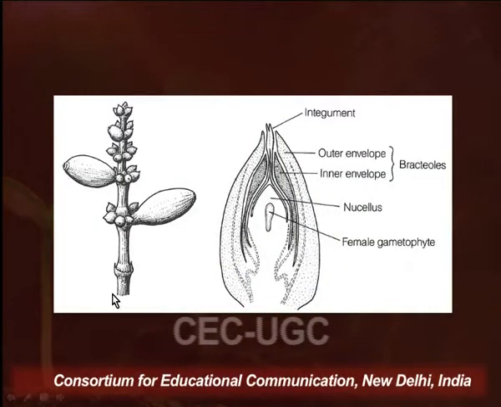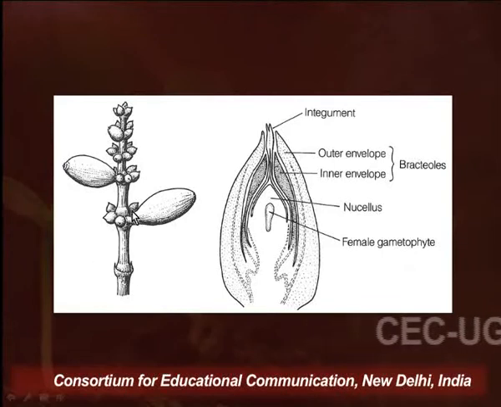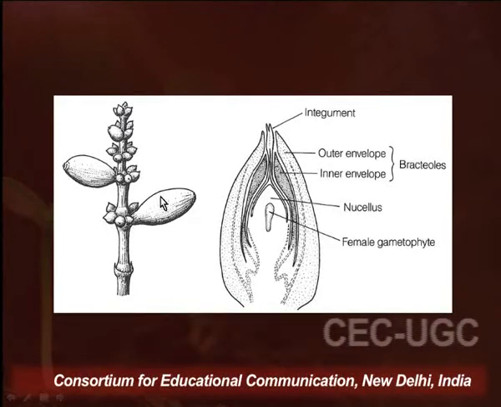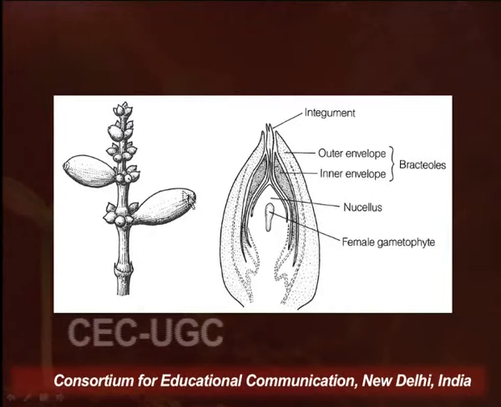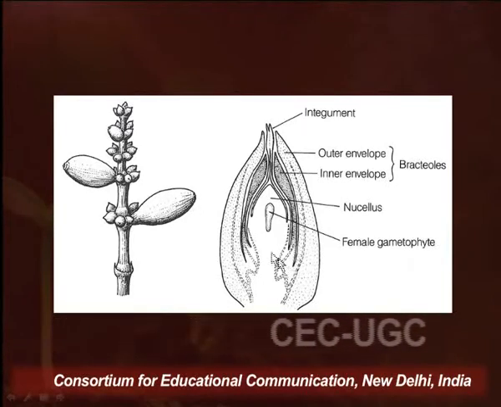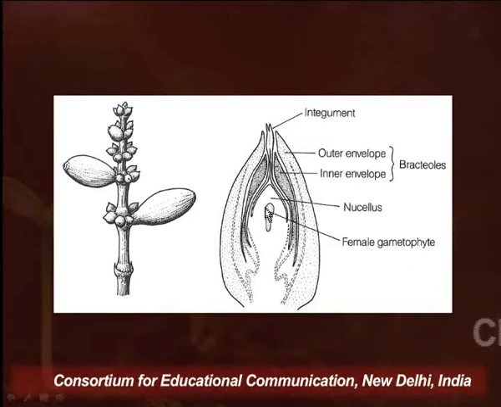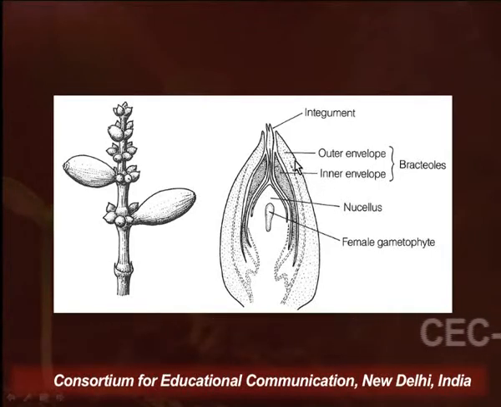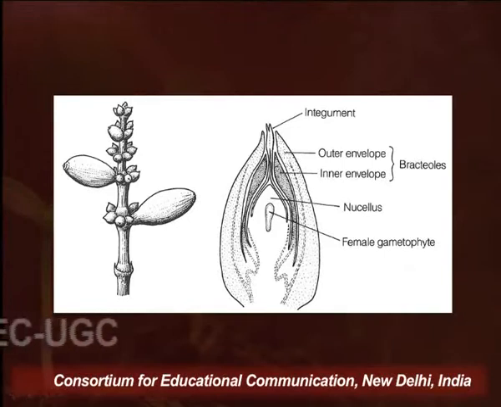Now we can understand this entire structure of these ovules with the help of this diagram. Here we can see that a female strobilus has multiple ovules in a ring fashion, and among these multiple ovules, a couple of them enlarge and become the functional ones. When we look into the structural details of each of these ovules, we will find that in the center is the female gametophyte. From the outside, we have three very distinct layers of tissues. The outermost is also called the outer envelope.